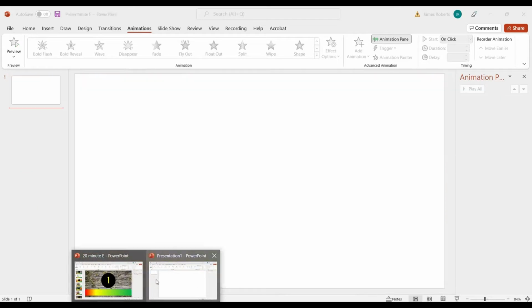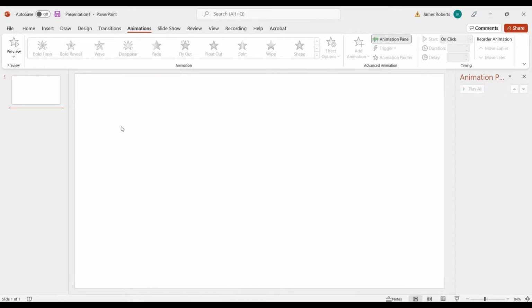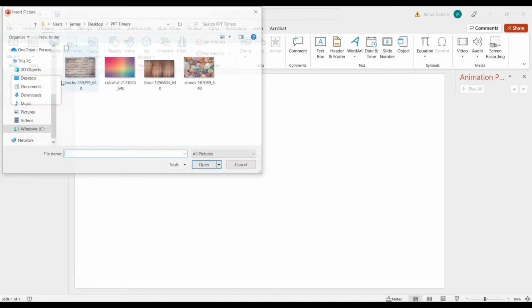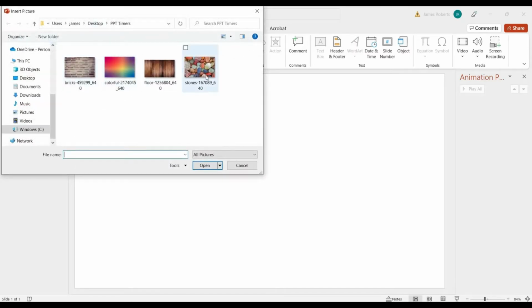So let's go back to our blank PowerPoint. In our blank PowerPoint, the first thing we'll want to do is add a background. Adding a background is as simple as finding the images that you would like to use in your PowerPoint, putting those into a folder that you can retrieve them from, and then inserting them on the page. So let's go to Insert. We'll go to Insert, Pictures, this device, and in the folder that I have, I'm going to choose these little